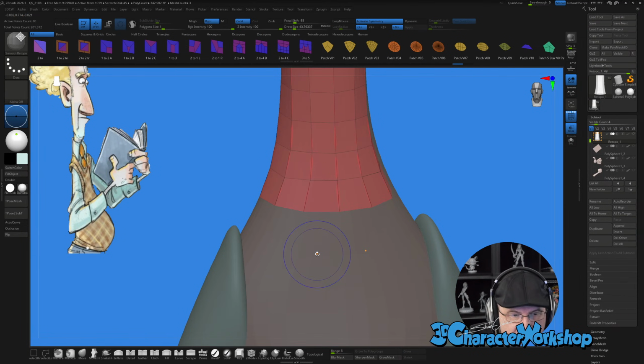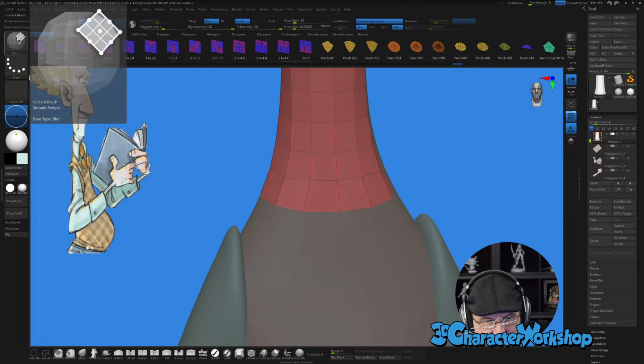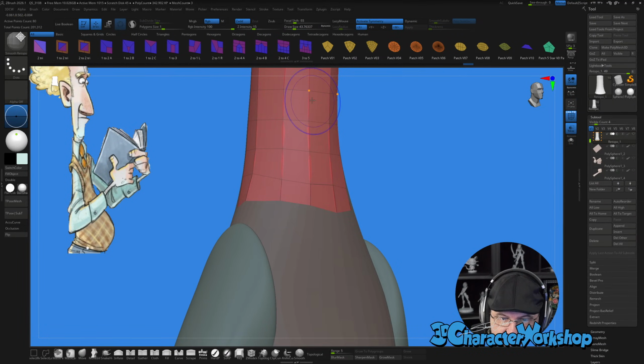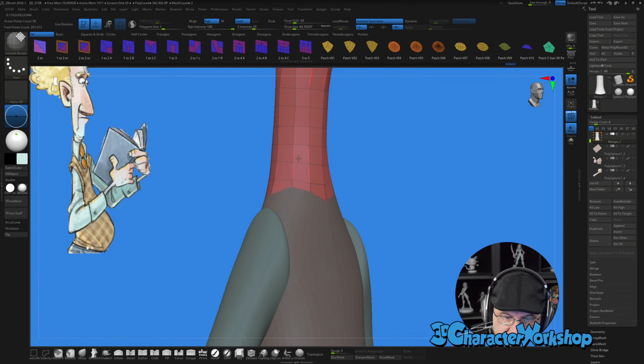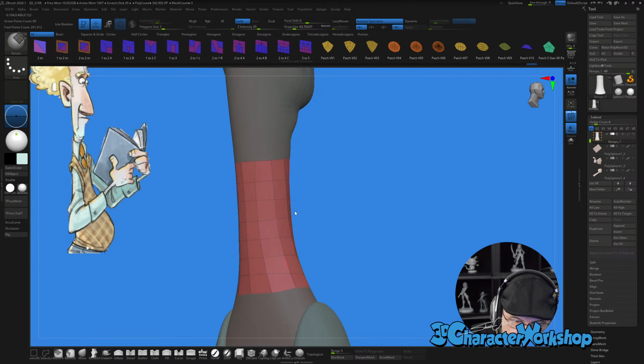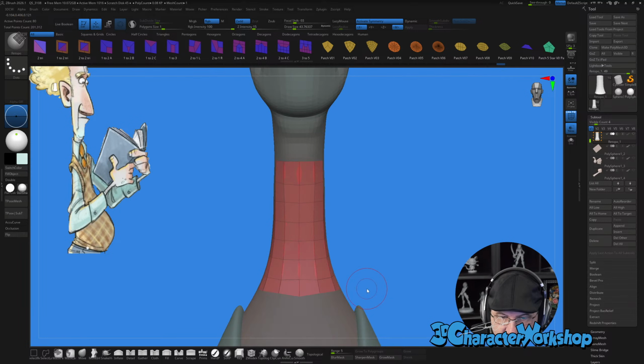There's also a new smooth brush. So look up in this top left corner right here. When I hit smooth, see how it changes to smooth retopo? And what that does is it allows it to stick to the surface as you smooth. See that? And it will do a nice relax for you and even out those quads, which is super nice. Okay.